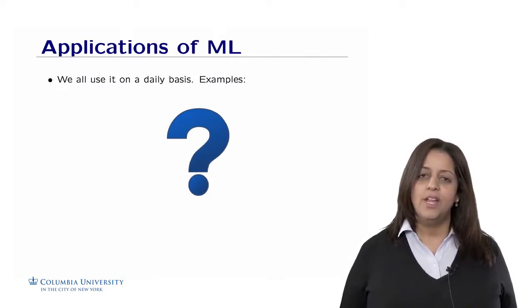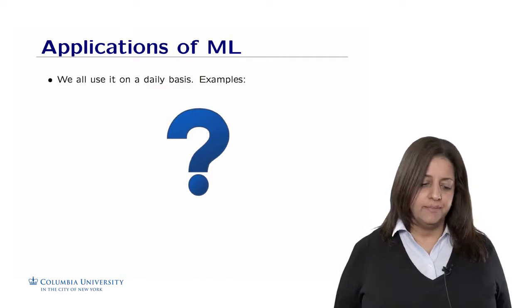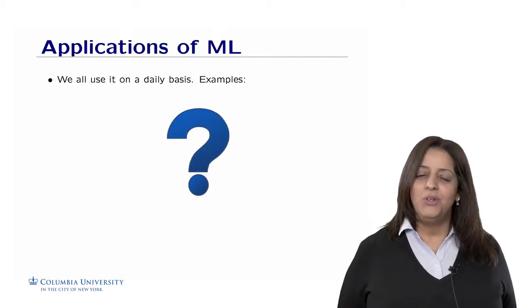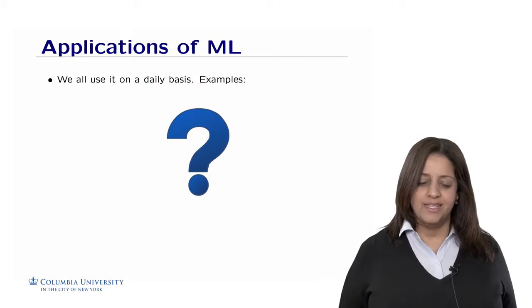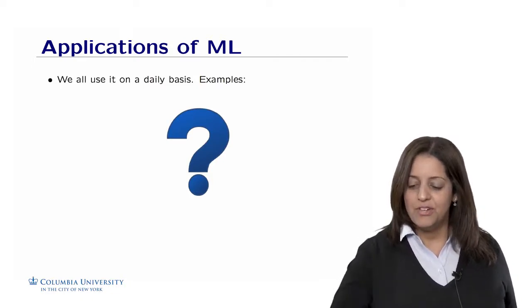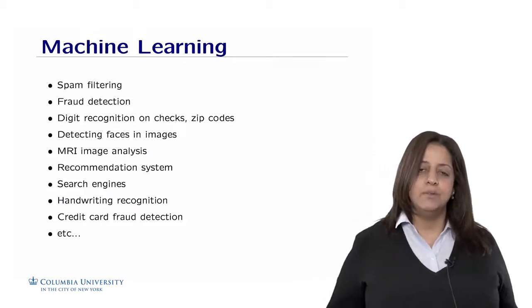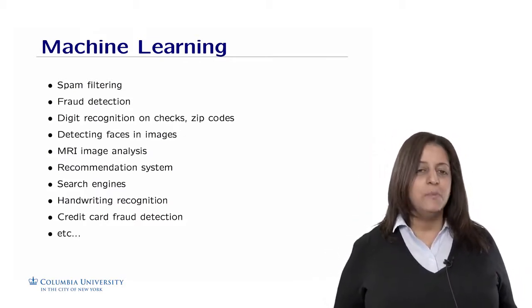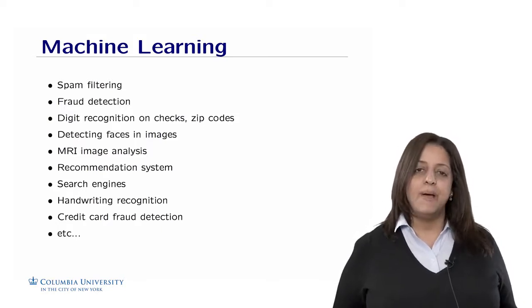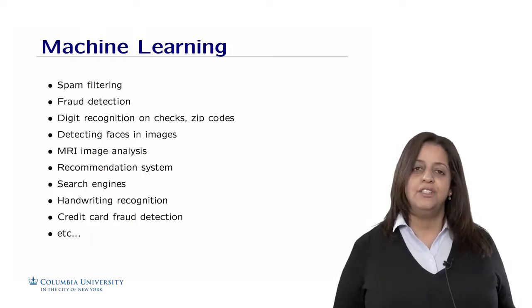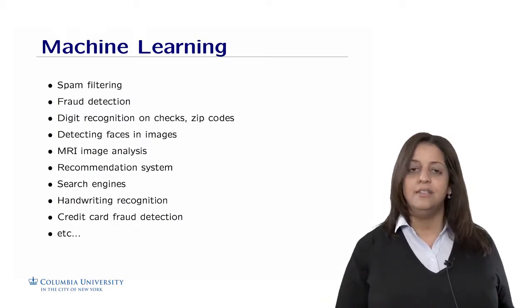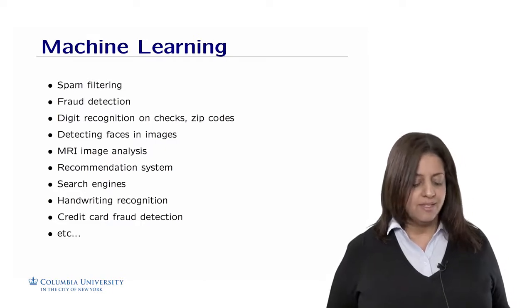We have seen that machine learning is one of the core steps in the data science process. So now, what are the applications of machine learning? We all use machine learning on a daily basis, sometimes without even knowing it. For example, we all use emails, right? In our emails, we sometimes get spams coming into our inbox. But as time goes on, spams are being filtered by your email system, because there is a smart machine learning piece behind it that learned how to classify good emails from spam emails. And this is all hidden to you. It's embedded in your email system.